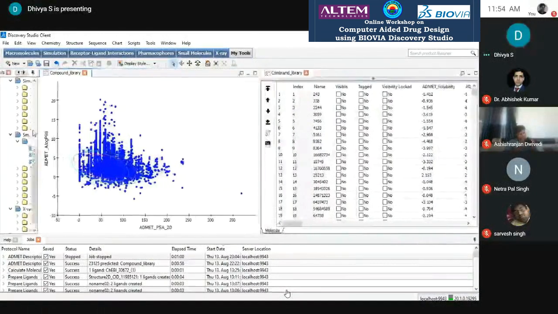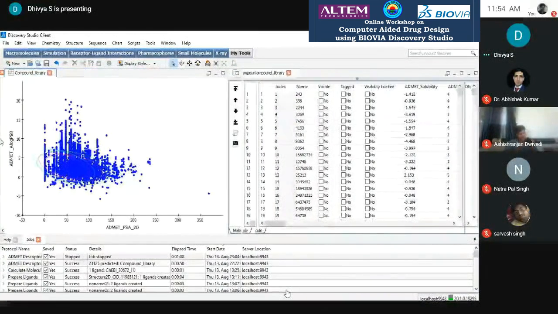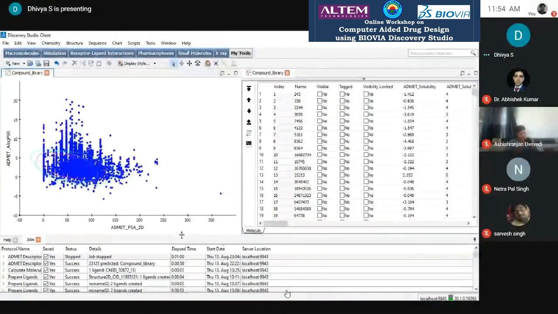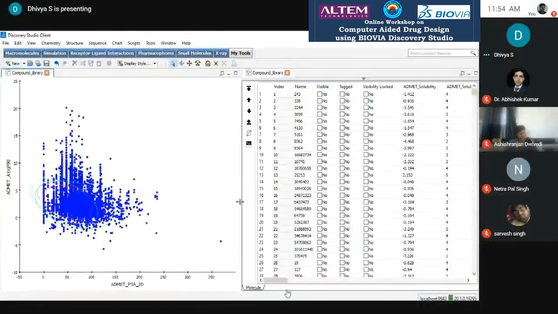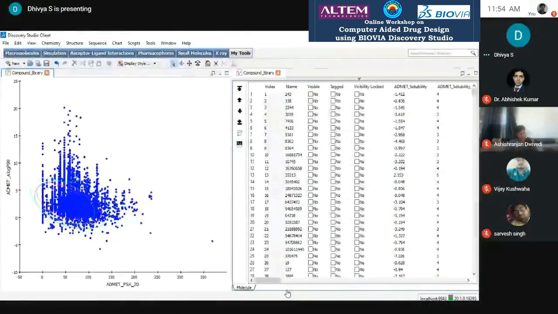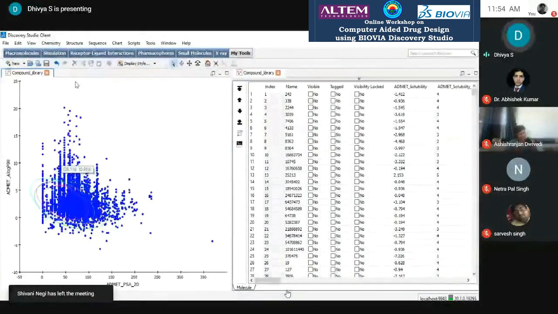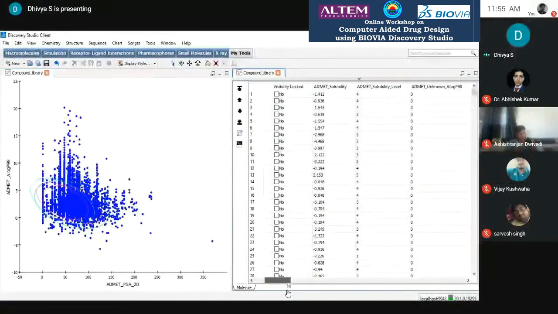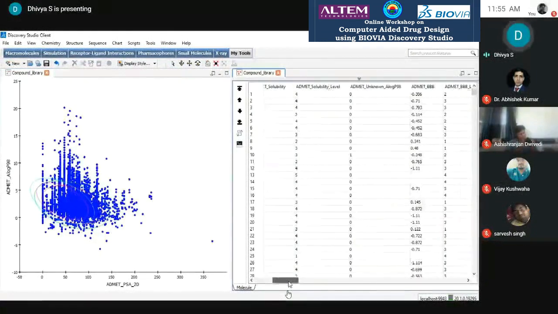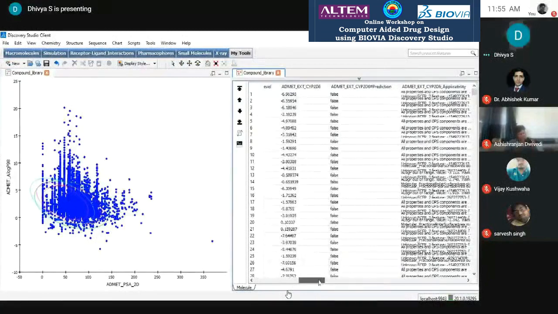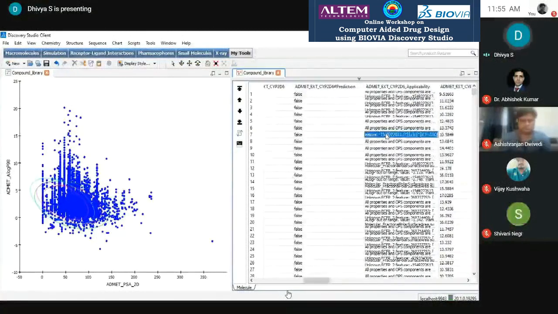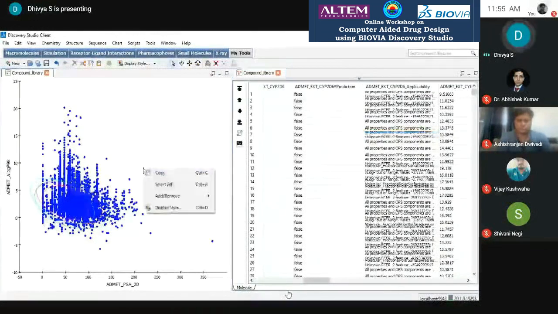Let's see. Opening it. Having library A log P value on this side and then the ADMET. So you can see the solubility levels, and then you can see the A log P value for each level of solubility, blood-brain barrier levels, and then CYP2D6, and then you see the OPS properties. All the compounds which have OPS properties, optimal prediction space, will always be in this.